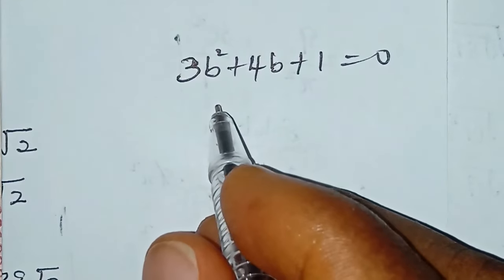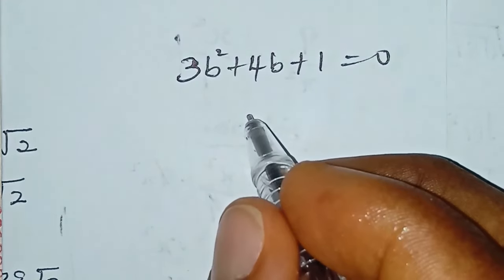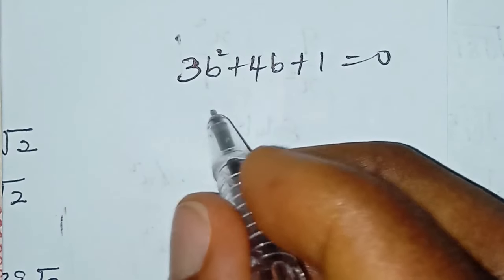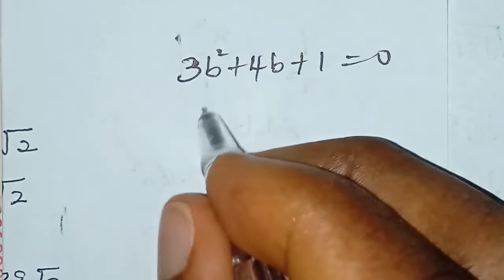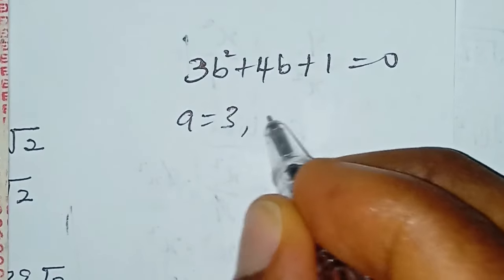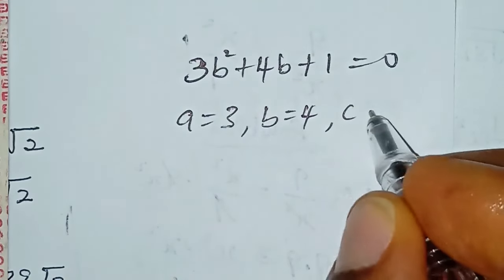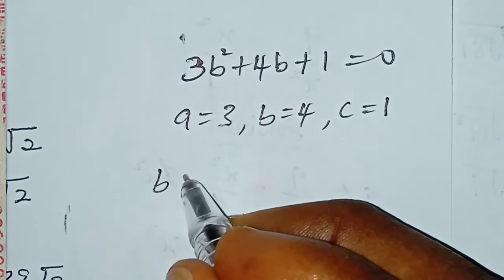So from the quadratic equation, we can now solve this with the quadratic formula. Comparing it with the general form of the quadratic equation, we have that our a will be equal to 3, b is equal to 4, while c is equal to 1. So b will now be equal to